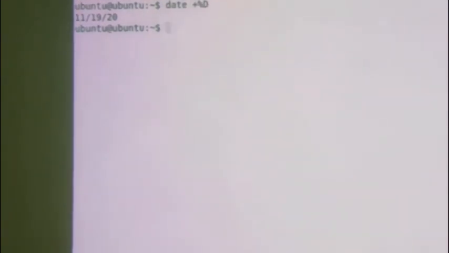Only date is displayed, time is not displayed. Now in the same way, if I want to see only the time and not the date, then there is no time command, but date only, and plus percentage and capital T, then it will display the current time. So you learned the date command and also the options and argument used with it.